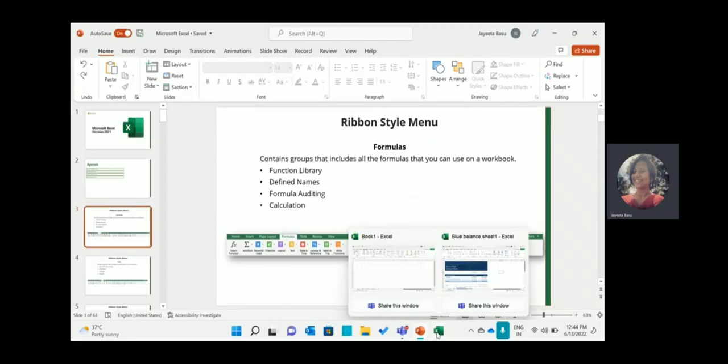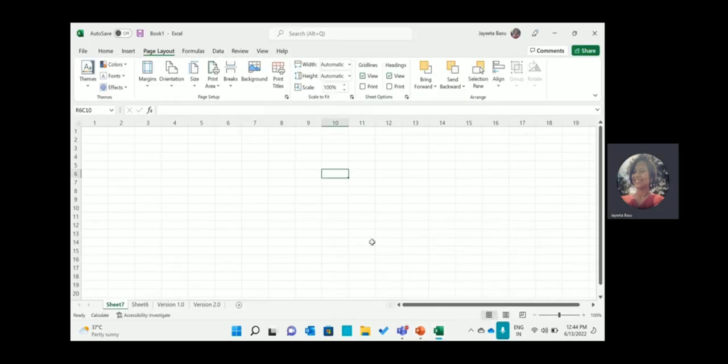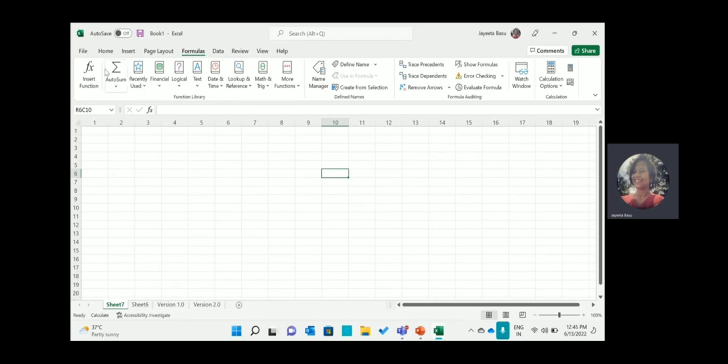So we will go back to the Microsoft Excel workbook which we were working with, and just beside page layout you will be able to look at formulas ribbon menu. Once you click to formulas ribbon menu, the first thing you see is insert a function. Then there is function library. For example, there is auto sum, where you can do sum, average, count number, maximum, minimum, and there are more functions. There is recently used, where you have the basic ones: sum, average, if, hyperlink, count, max, sin, sum if, pmt,